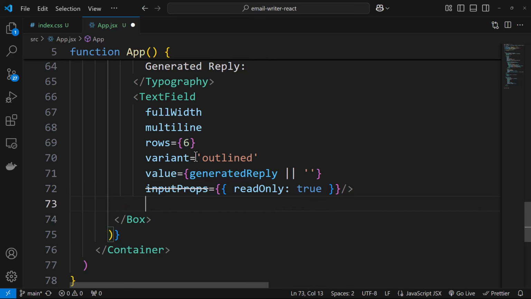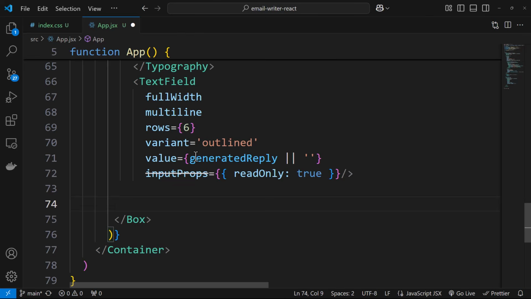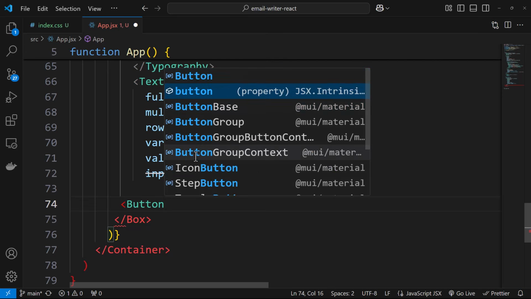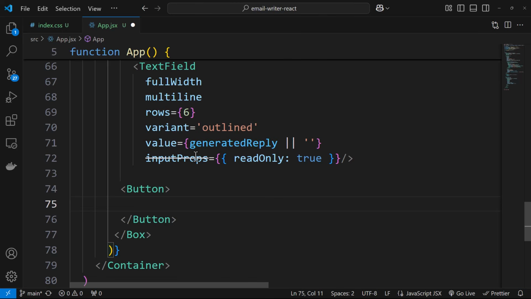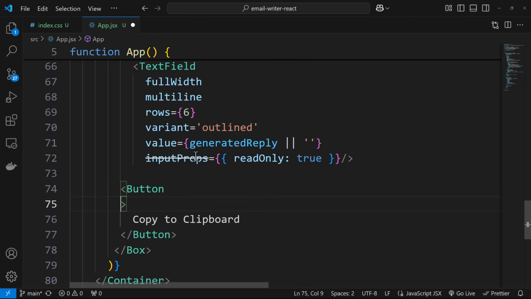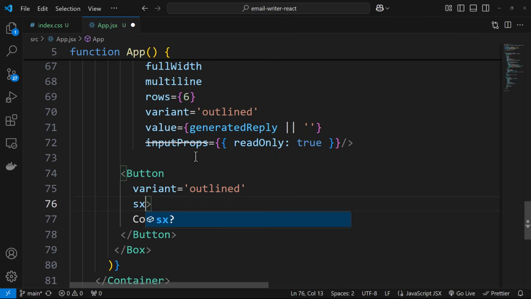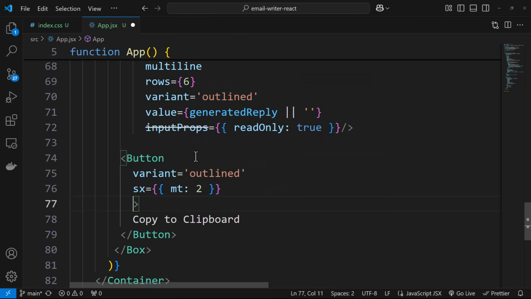Now what you can do is add a button here. Okay, let's add a button. The button will be for copying the text generated. So I have this button, and here you can say copy to clipboard. Okay, and here you can say variant is outlined, and you will say sx is equal to margin top colon 2, like so, and here you will say on